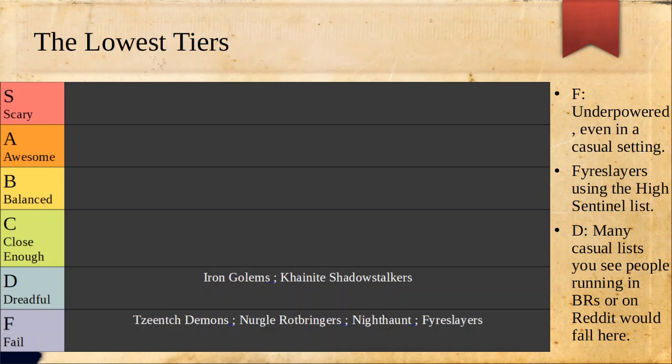Otherwise, we've got the classic meme faction, which is Nurgle Rotbringers, and Nighthaunt are also bringing up the rear. I do want to talk about Iron Golems and Kruleboyz Shadowstalkers. So Shadowstalkers especially came in pretty balanced in the budget tier list, but here they're in D for dreadful